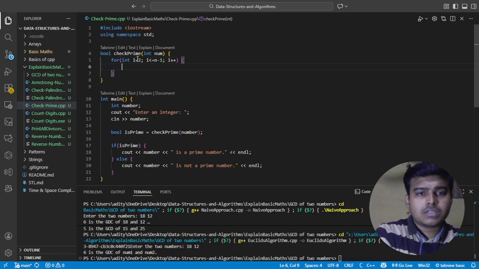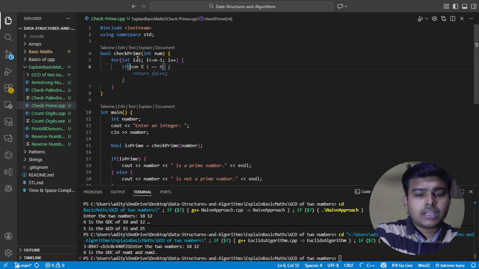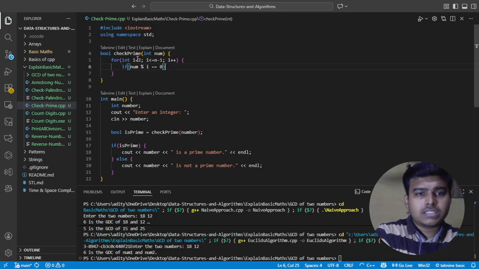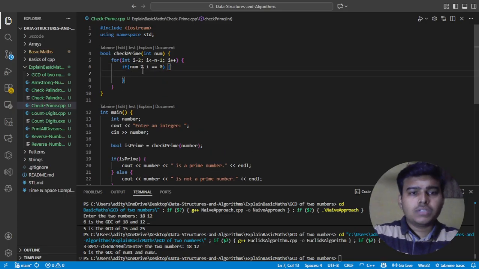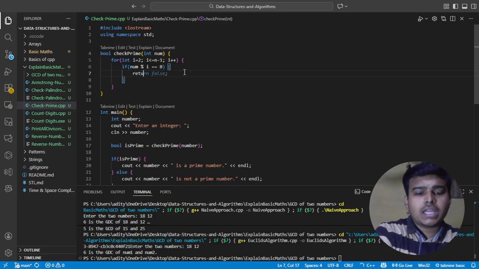And inside this, if num modulus i is giving me the remainder as 0, because 1 and itself are there, but if any number from 2 to n minus 1 is giving me remainder 0, then I will